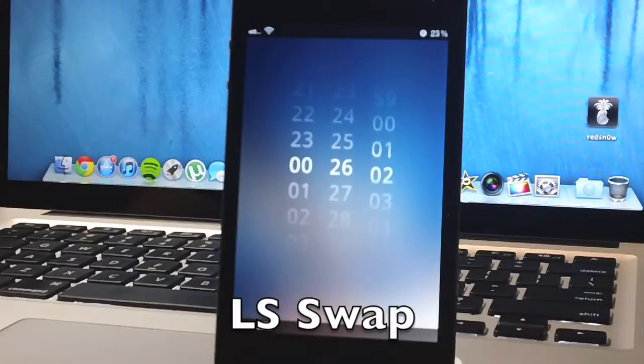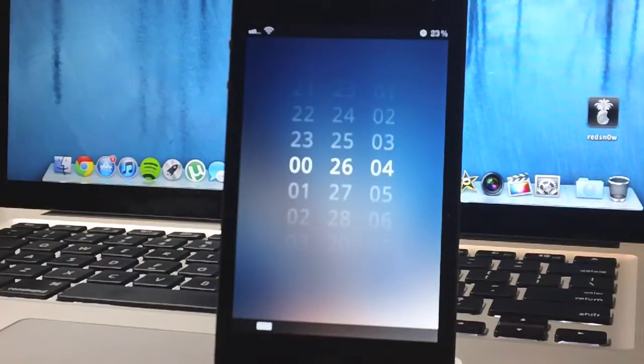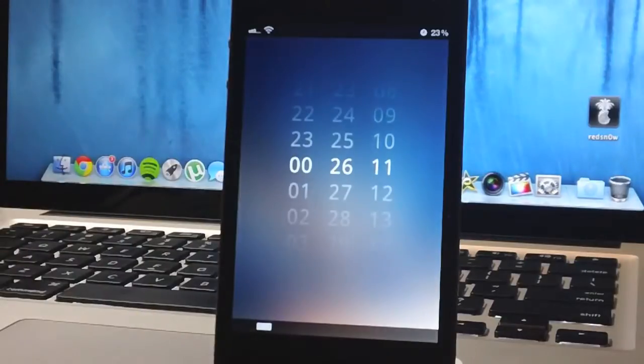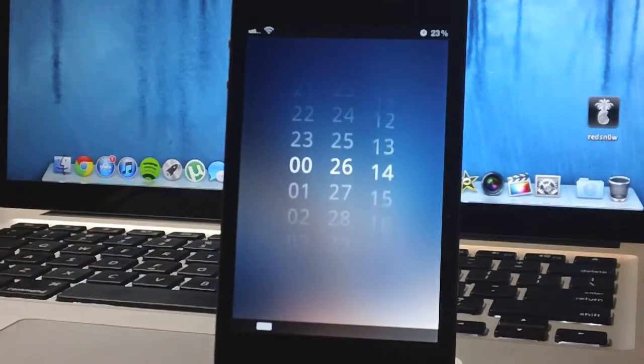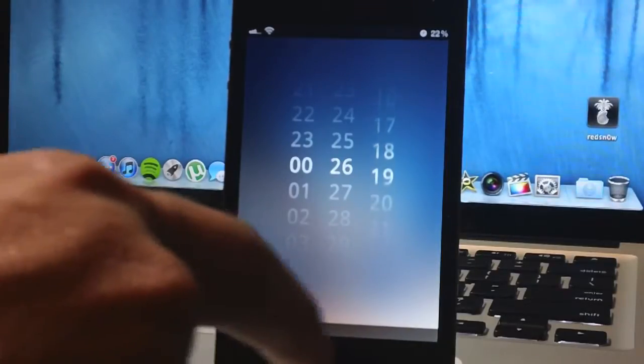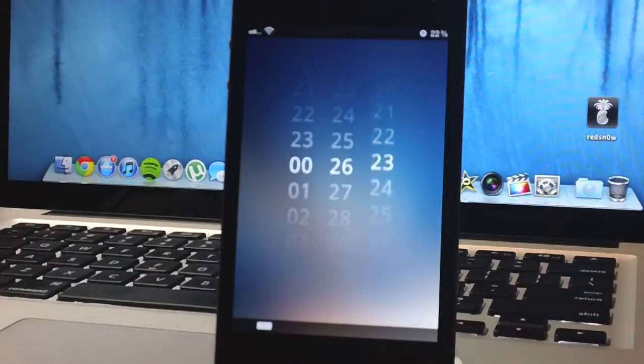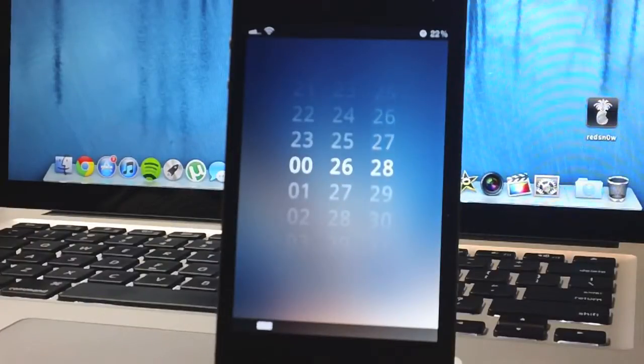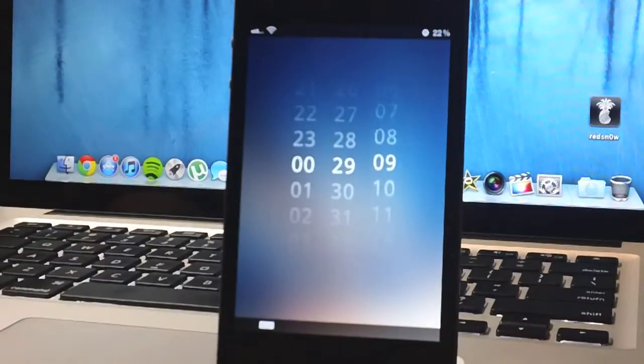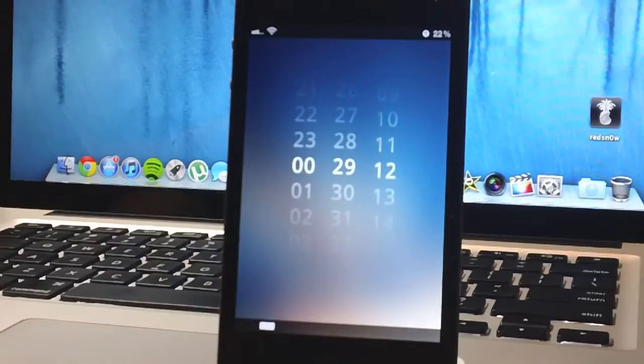And as you can see, it is very, very simplistic, and I love the animation that this clock has with the way that it just scrolls through the seconds, the minutes, and the hours. Now this clock does come with 24-hour format only. As you can see, that might be something that would make you not want to use it. It's something that I don't mind. I don't mind if it's a 12-hour clock or a 24-hour clock. I can read both perfectly fine. Again, this theme is called LS Swap, and that sums up my top 10 favorite lock screen themes of July